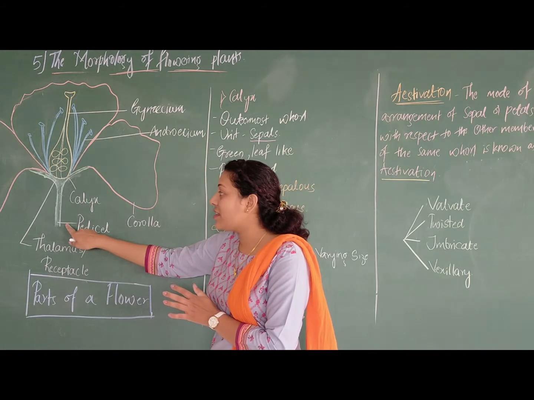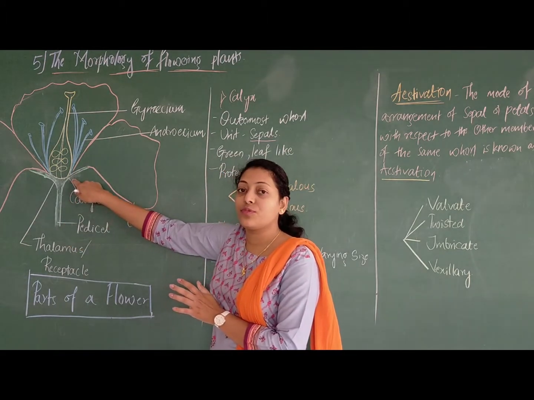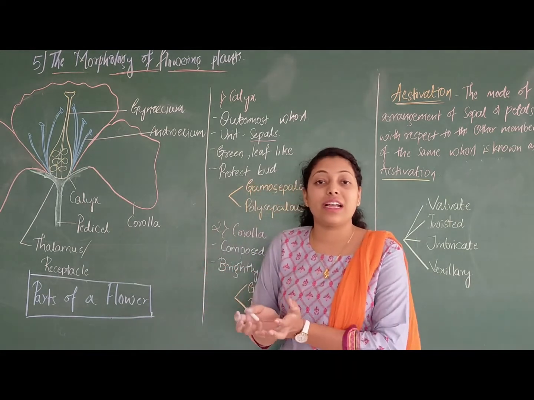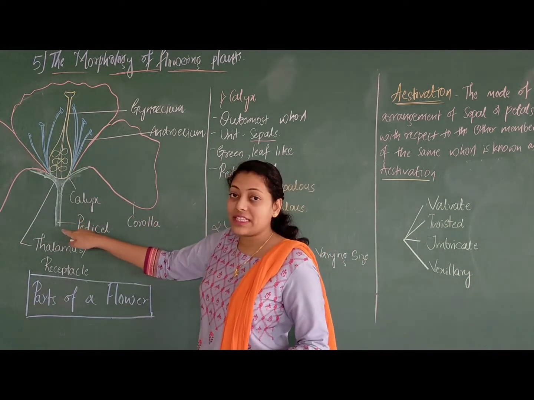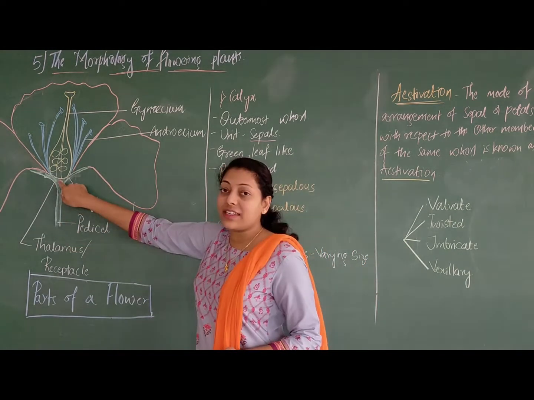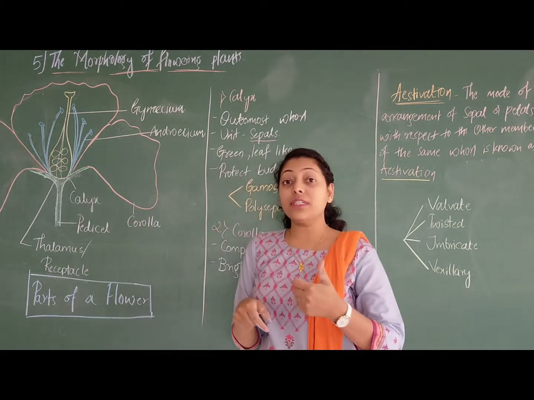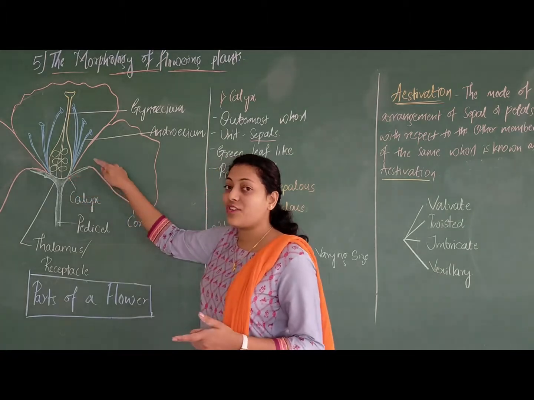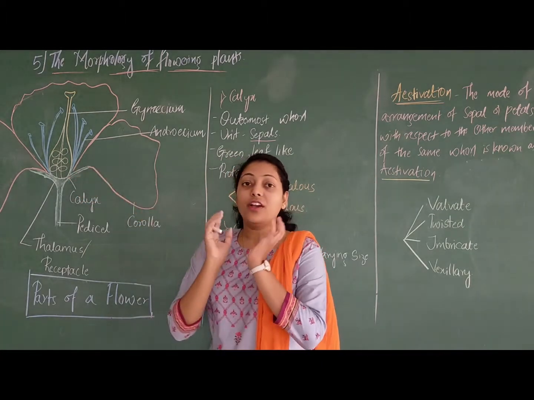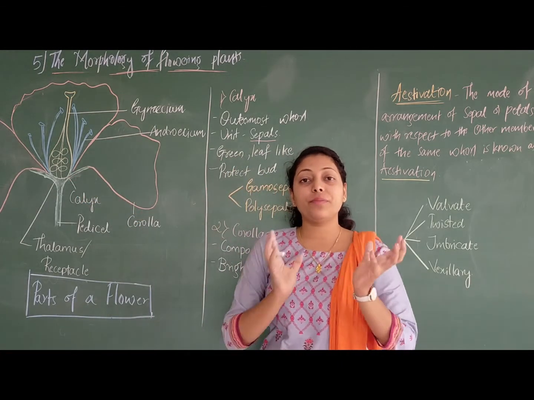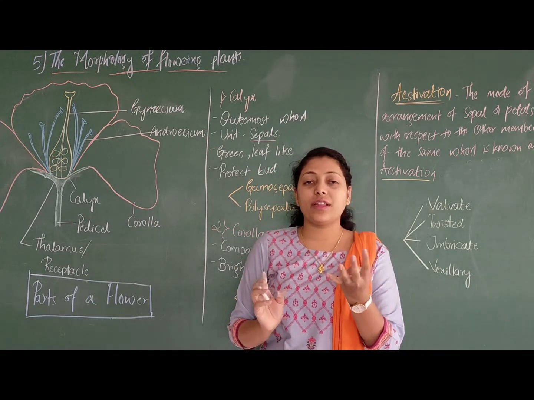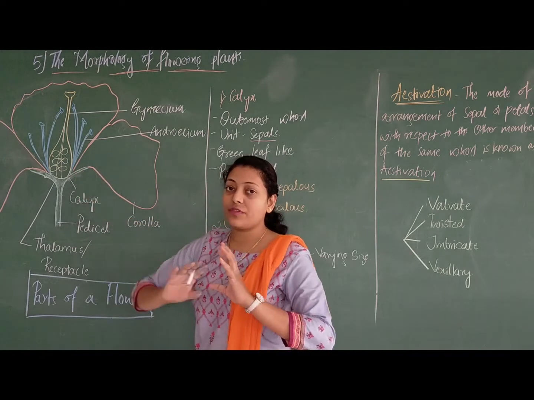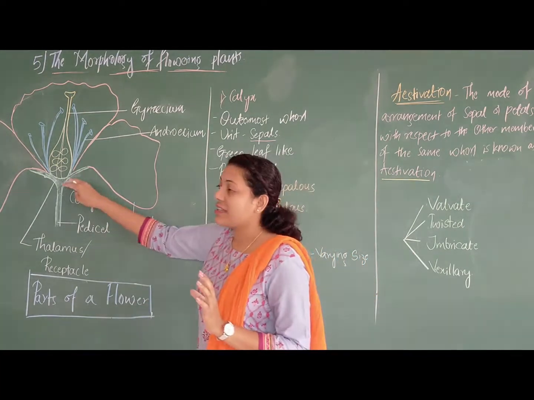Okay, this is the pedicel, the stem-like structure which moves towards the floral axis, which gives rise to different floral arrangements, called the pedicel. Okay, and the swollen center part is called the thalamus or receptacle. And then this thalamus or receptacle leads to the wing-like structures in different parts. It might be 4 in number, it might be 5 in number. So on the basis of them, you call them calyx.